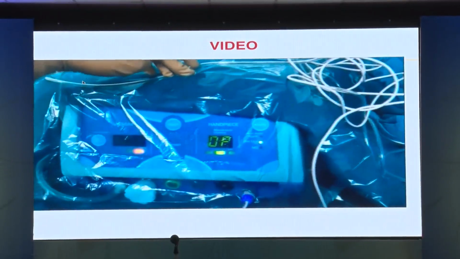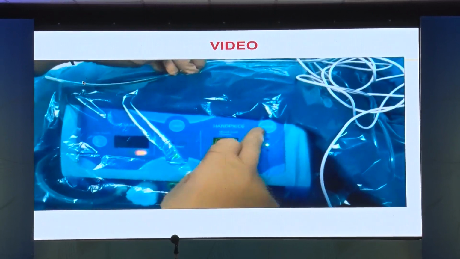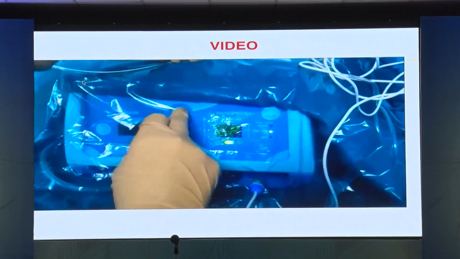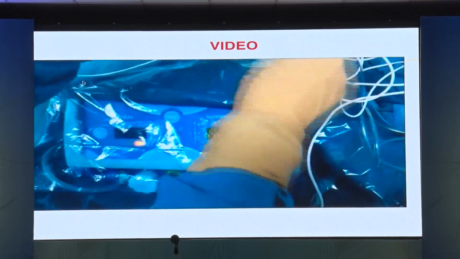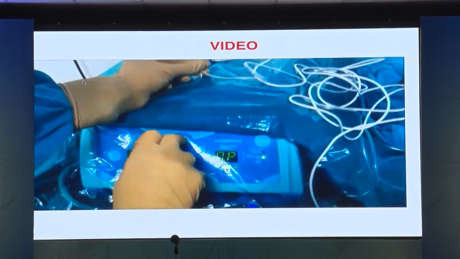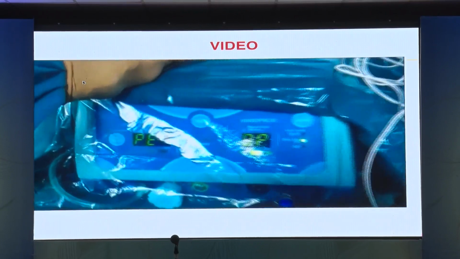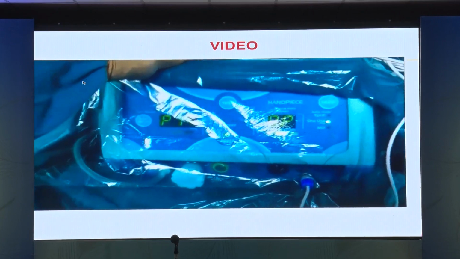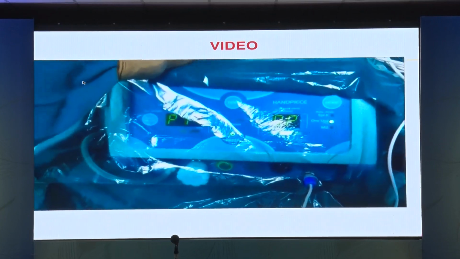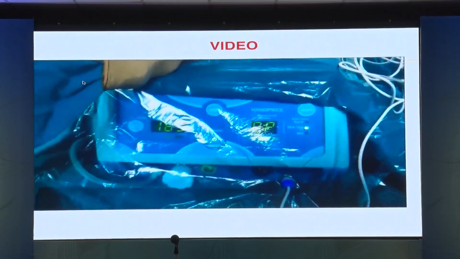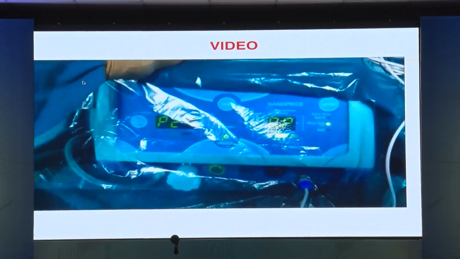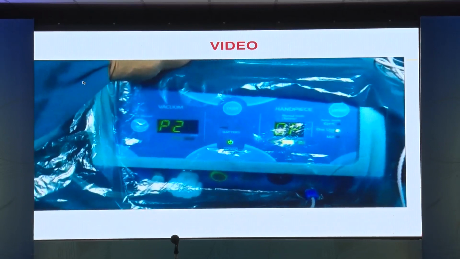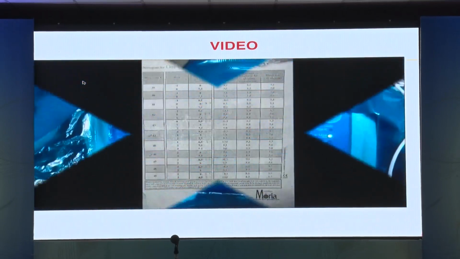So this is a Moria microkeratome. Before we start creating the flap, we need to look at the machine. We have to check that all the parameters in the machine are working in a proper manner. Otherwise, we'll end up having a loss of the vacuum and then flap problems. So checking of both the pumps is very, very important, so that we know the machine is working very properly, because ultimately the creation of the flap is based on the proper functioning of the machine. It has two pumps, and an alternative pump is available, so we can check pump 1 as well as pump 2.